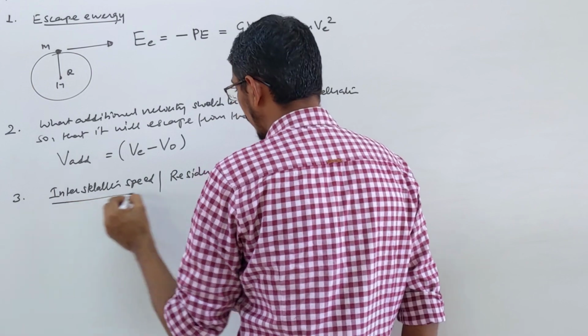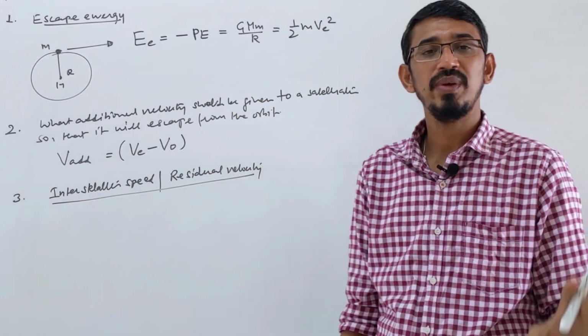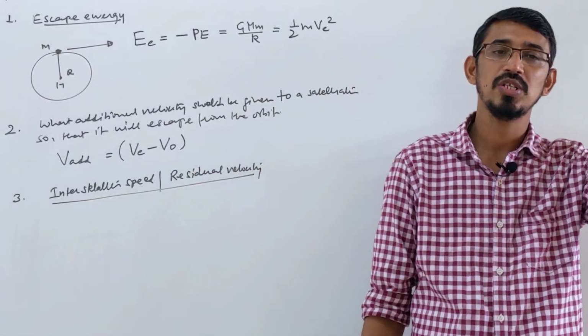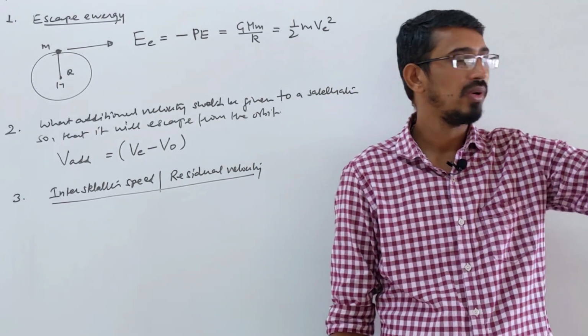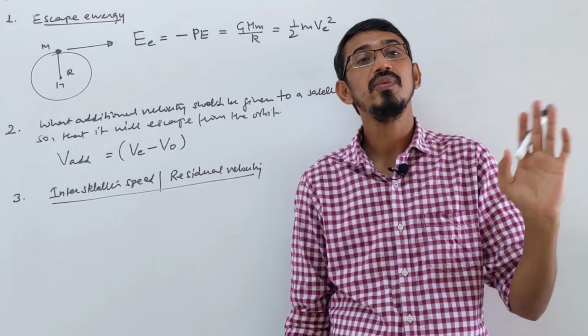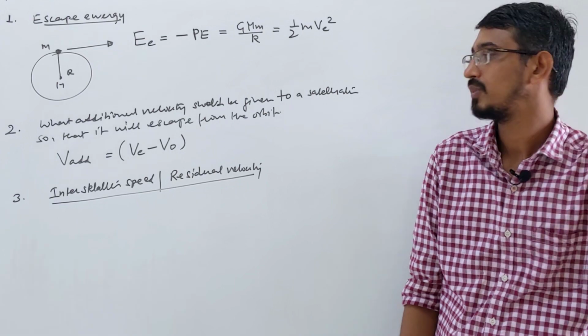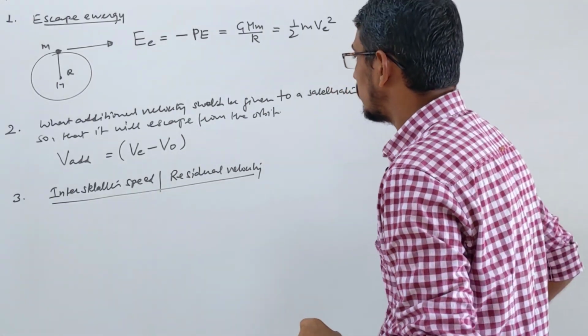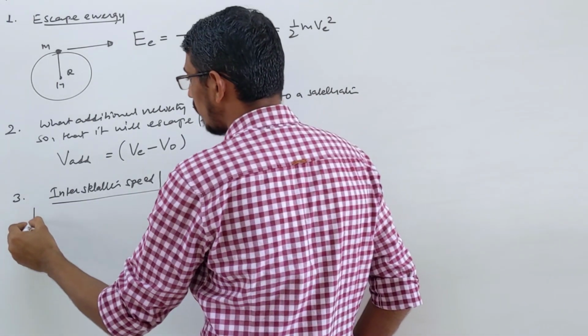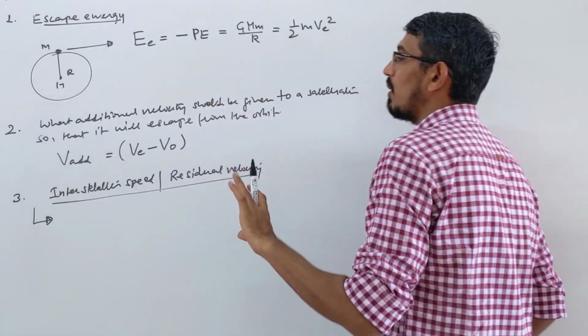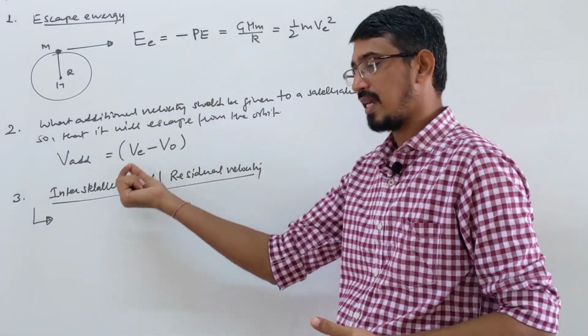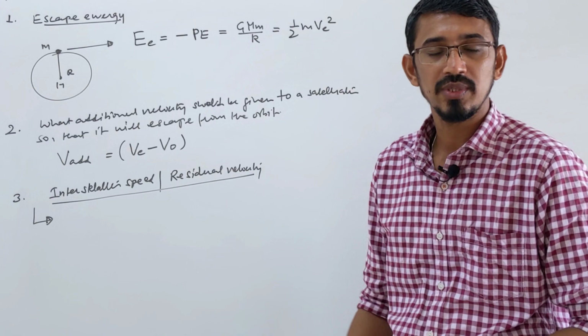This means that when we launch an object from the surface of a planet, it escapes the gravitational pull of that planet and goes very far. At what velocity will it then be moving very far away? That is called the interstellar speed. Here, they will always give the launching velocity in terms of the escape velocity, like double, triple or 10 times the escape velocity.